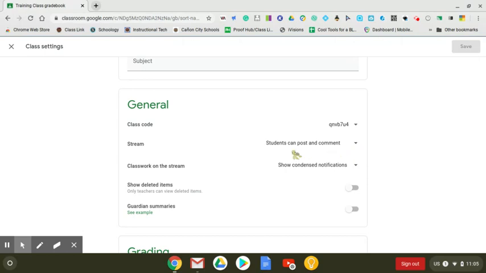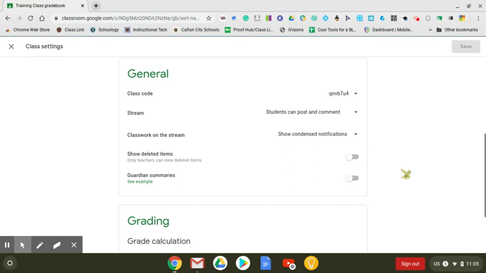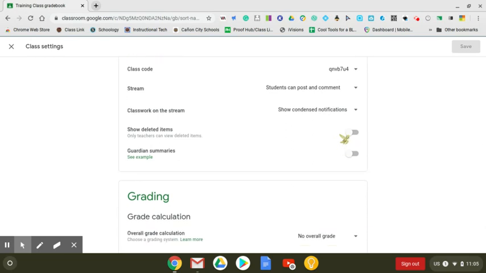Under the stream, I've got that students can post and comment. I can change this so that they can only comment or that only teachers can post or comment. I can have it show deleted items. So, and this will only show on a teacher's. So if you deleted something out of there, but you want to still have it stick around, you can turn